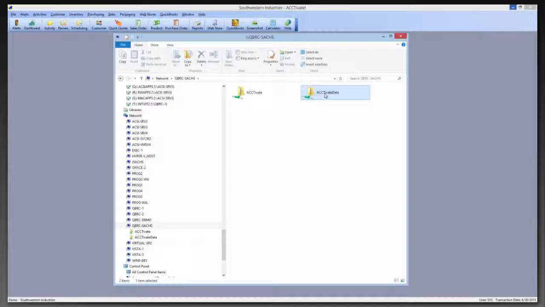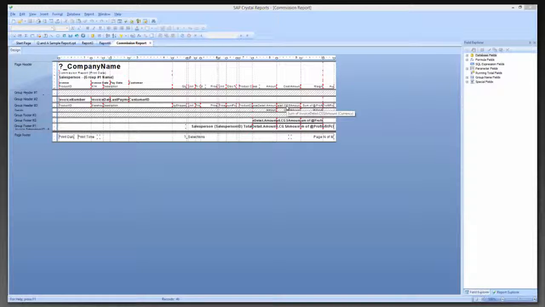One other way to get here, if you are doing this work from your desktop and you're not on the server, is through the network section of Windows Explorer. I can go find the server, and you should see two shares that Acctivate creates when it installs, and the server will share these folders. I have Acctivate, which is where my data, my database, my reports, all of that standard stuff is inside the Acctivate share. The Acctivate data share is where I can get to my custom reports. If we open this report, here's what that report looks like inside Crystal,